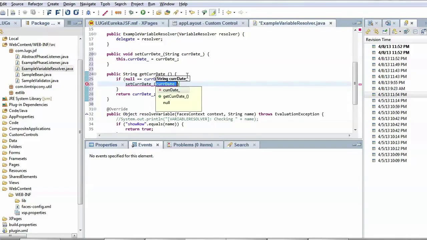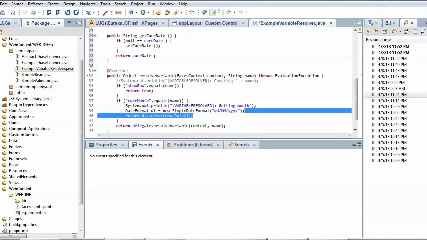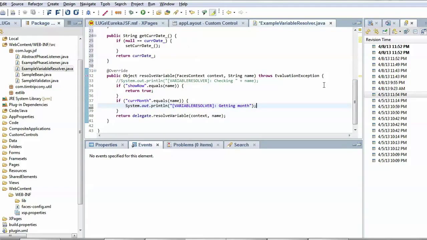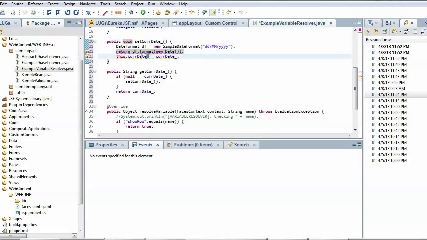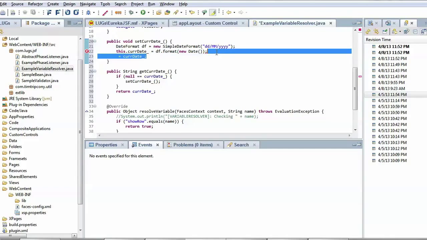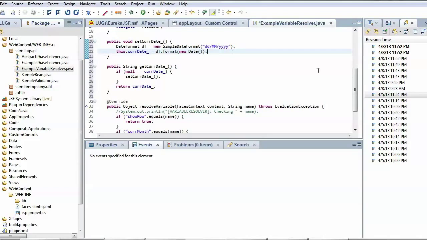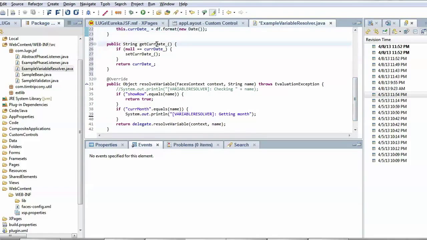set current date, and I don't actually want to pass a value in. I don't need to, because all that I'm going to do is cut this from here, paste it in, and set this dot current date equals that date format. So I'm basically saying I'm going to use get current date